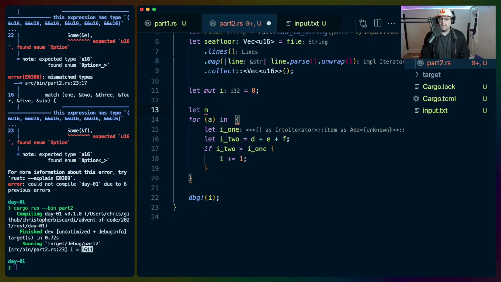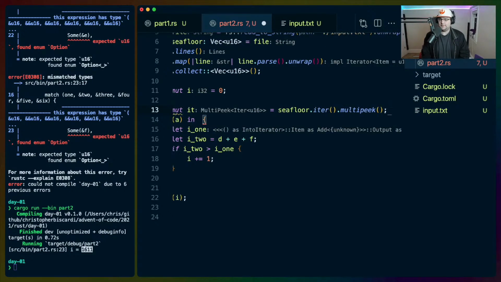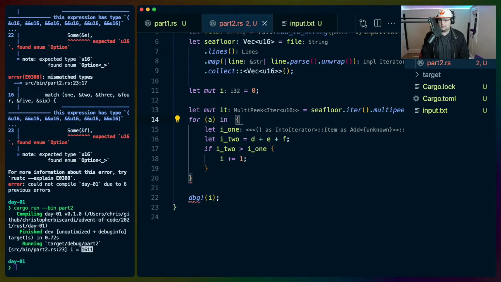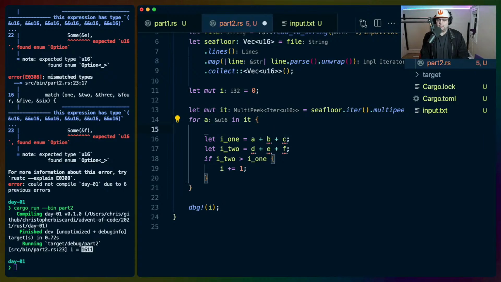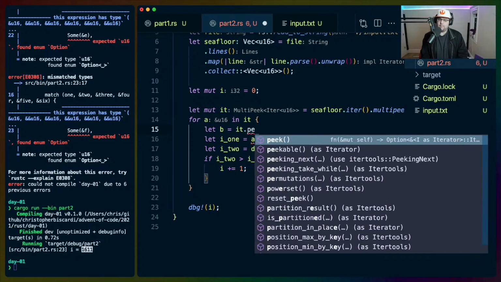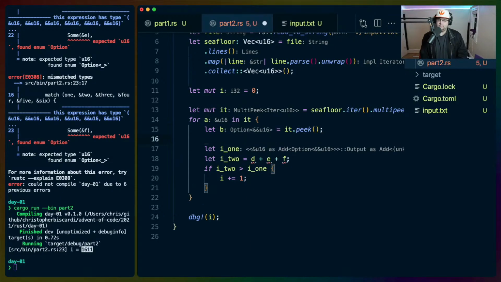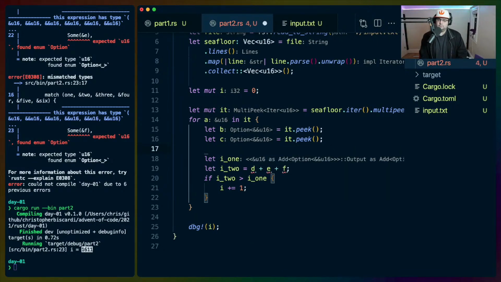Okay. Let mut it equals this multi-peek. For a in it, can we do it dot peek? I don't know what I did before.